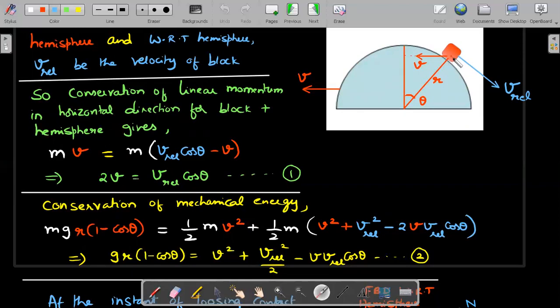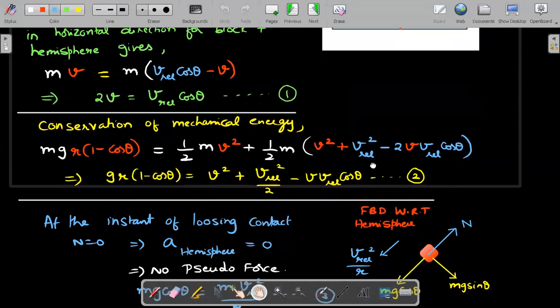That is, normal reaction between the two is zero. The only way you can bring in normal reaction is neither from conservation of linear momentum nor from the energy equation, because it doesn't do work, right? So the only way to go about it, I think, is the free body diagram. So let's draw the free body diagram.